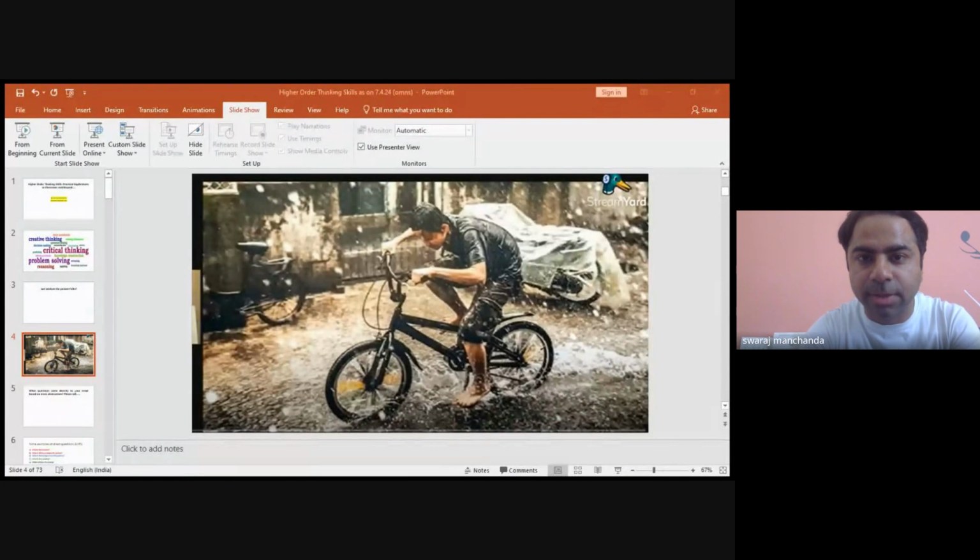Somebody will say that there must be some good news. His sister might be getting married and he just got the information. So he's rushing to buy sweets. Somebody might say that his grandmother is ill. That's why he is rushing. Okay. So we can have different views based on this observation and different indirect questions based on this picture. And these are called high order thinking skill based questions or HOTS questions.